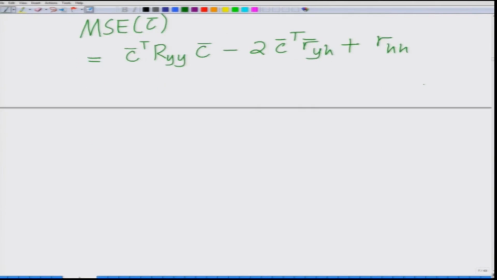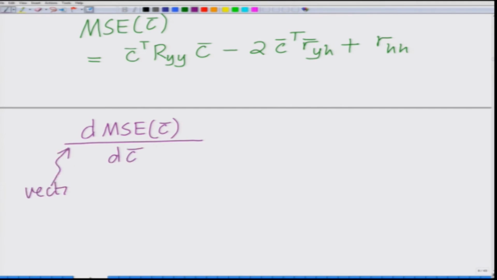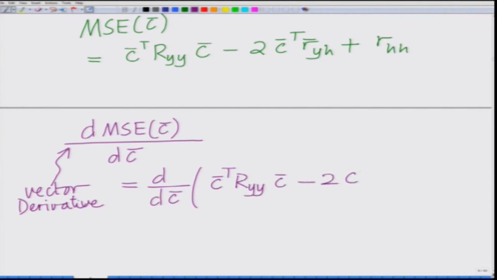Now, we have to differentiate this MSE, which is a function of C bar, with respect to the vector C bar. So this is a vector derivative, also known as the gradient. This is equal to the derivative with respect to C bar of C bar transpose R yy C bar minus twice C bar transpose R bar yh